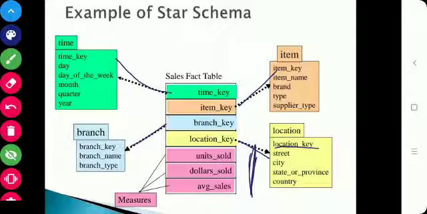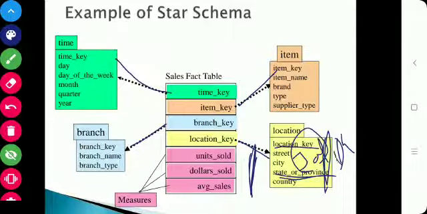So this is the star schema, but the disadvantage of the star schema is that it does not reduce redundancies. Here redundancies are there, for example in the location key. If one branch location is Jalgaon, and a second branch is in Dhule, in this case the state is Maharashtra, so the Maharashtra state is common to Jalgaon and Dhule. So here it is a redundancy, and that is reduced in the next one, that is the snowflake schema.